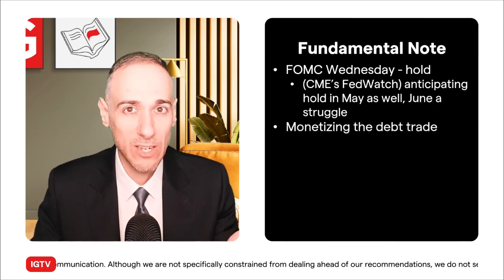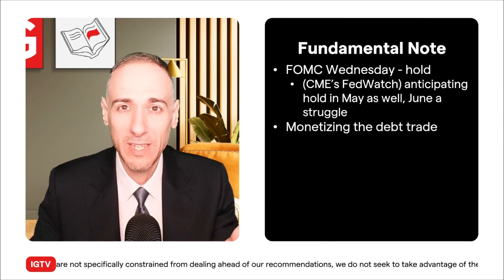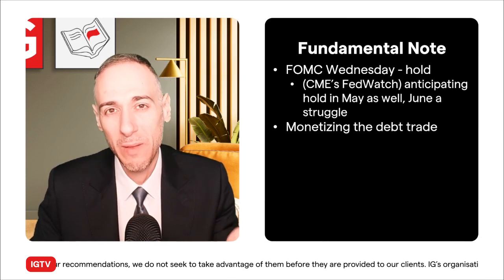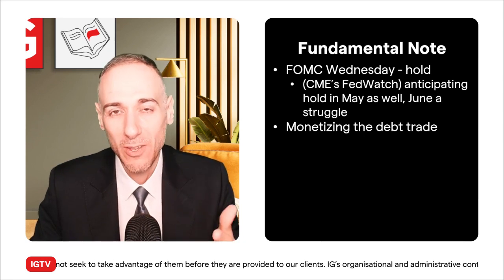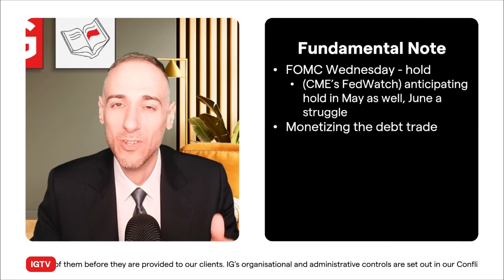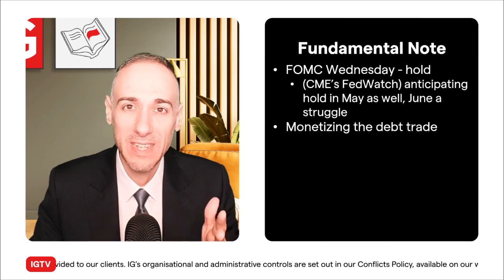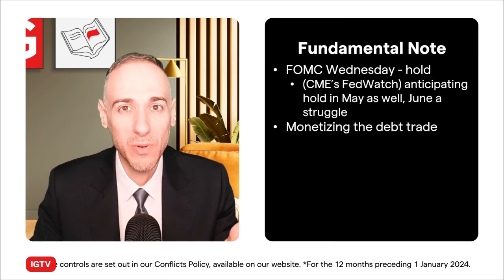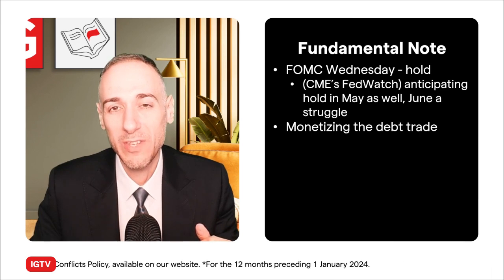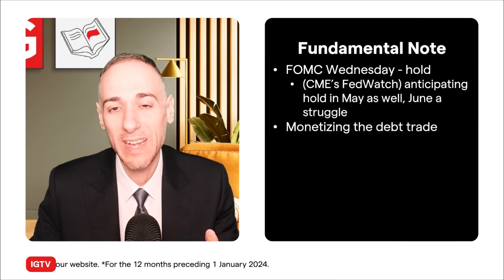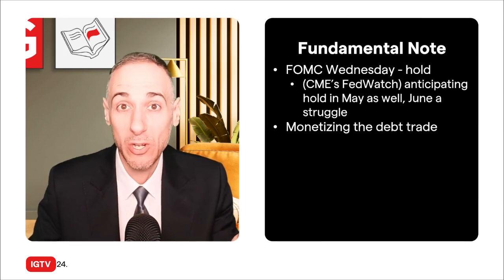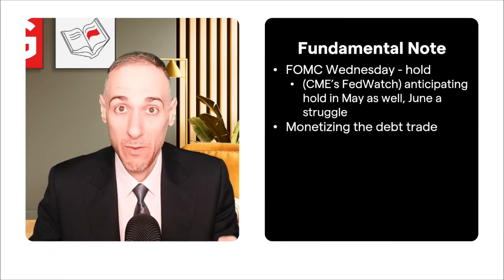The whole monetizing the debt trade. I know this sort of came up, and you saw some stuff priced against the greenback jump and surge at the same time. Part of that, people went, oh, that's because you've got these rising fiscal deficits. No way the U.S. is going to be able to pay off this debt. It's going to have to be monetizing the debt and so on. That whole conversation started to come up. What is it, $1 trillion? The deficit's rising about $1 trillion every 100 days. That whole conversation is going to get people to think, maybe I should consider gold. And it does factor into a bit of that volatility.